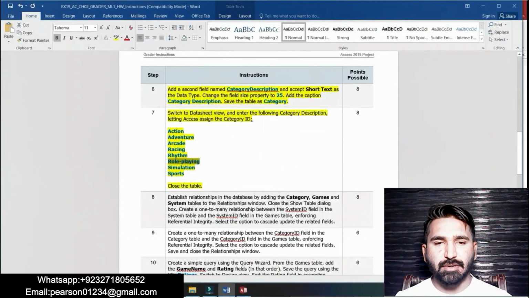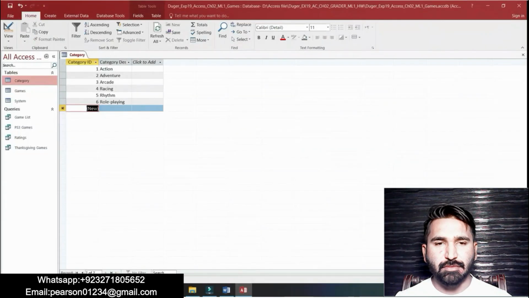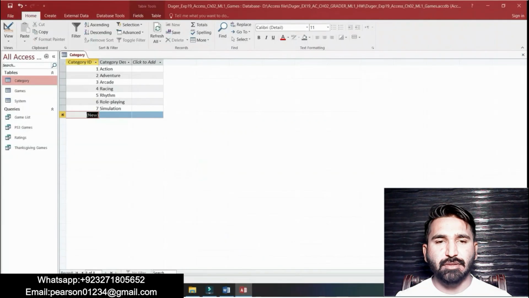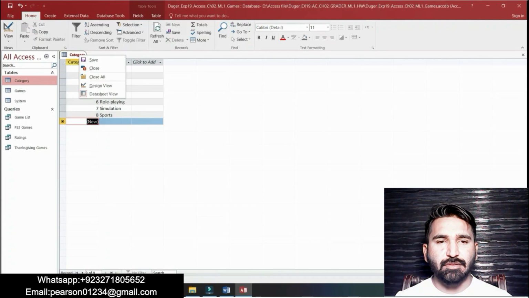The 7th is simulation, and the 8th is sports. Add these category descriptions, then close the table. Right click on categories and close the table.